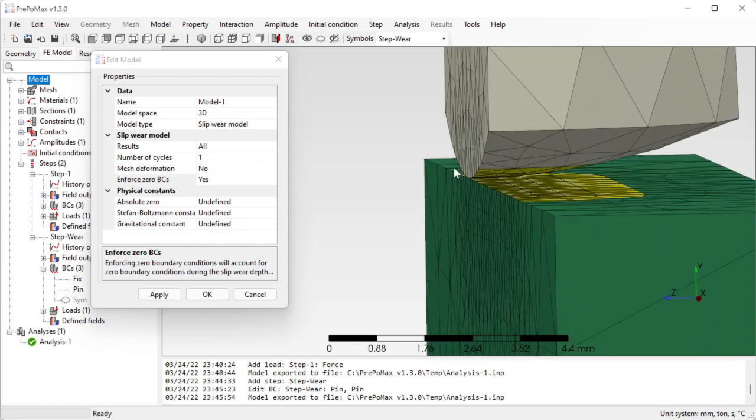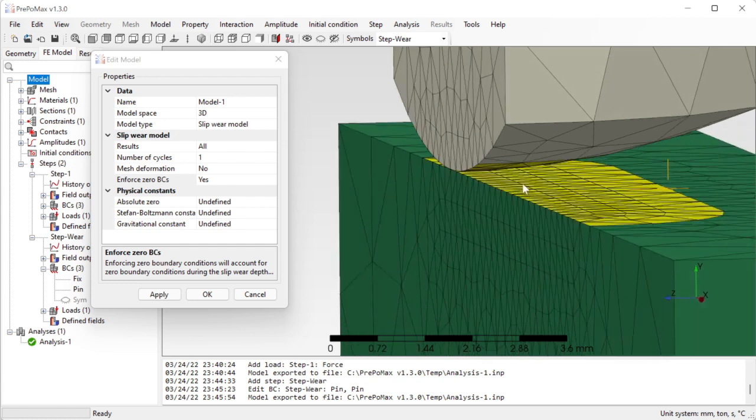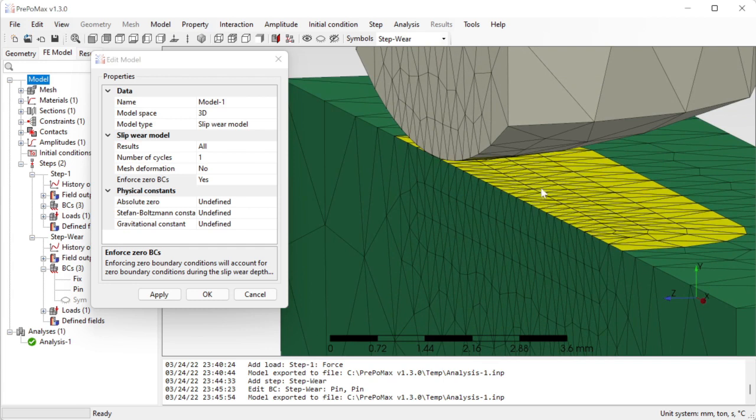So in terms of a symmetric model, the wear analysis does something like this: after one cycle of the simulation is complete, the wear parameters are computed, and also the wear depth is computed. And after one cycle is finished, the surface, which is defined as a slave surface, will be deformed using the wear depth. That means that the nodes on the surface which were in contact with a pin will be moved